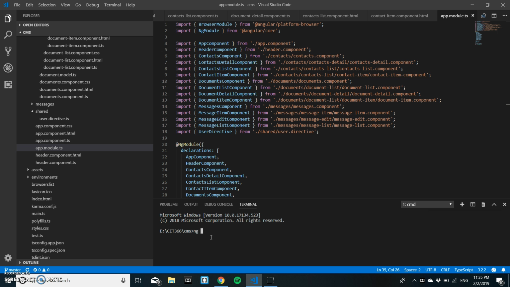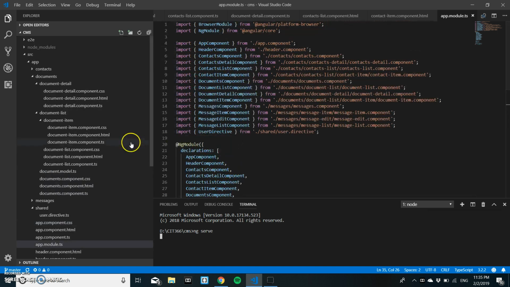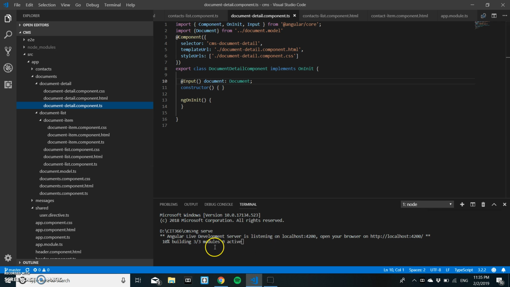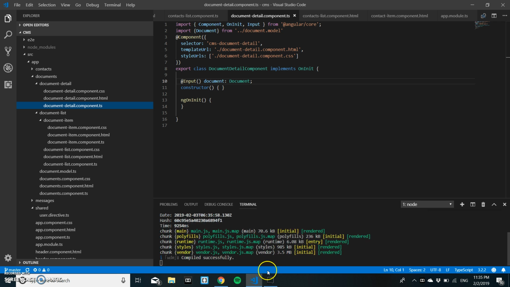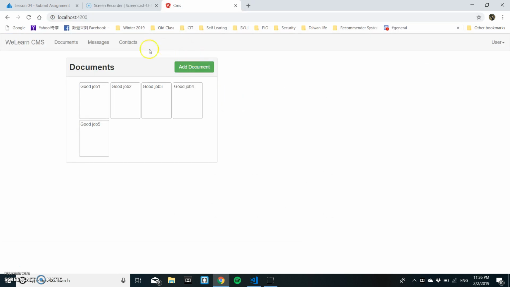And so let's just fire it up in GServe. So I've finished building my documents. They're here. Let's just wait a little bit and it's compiling. Okay, so compiled successfully. So if we go to localhost,